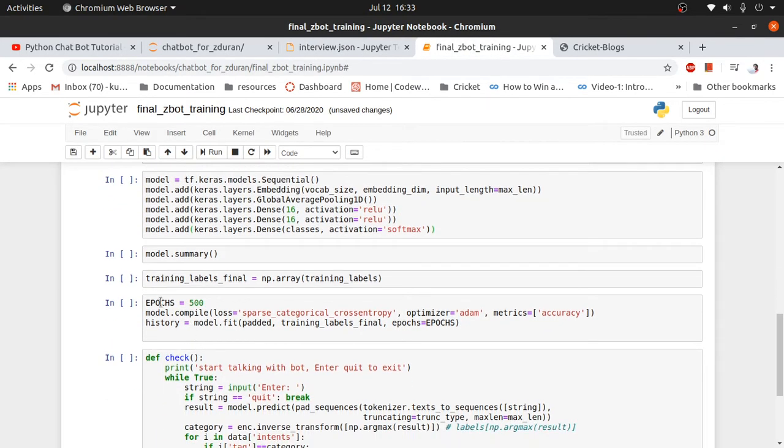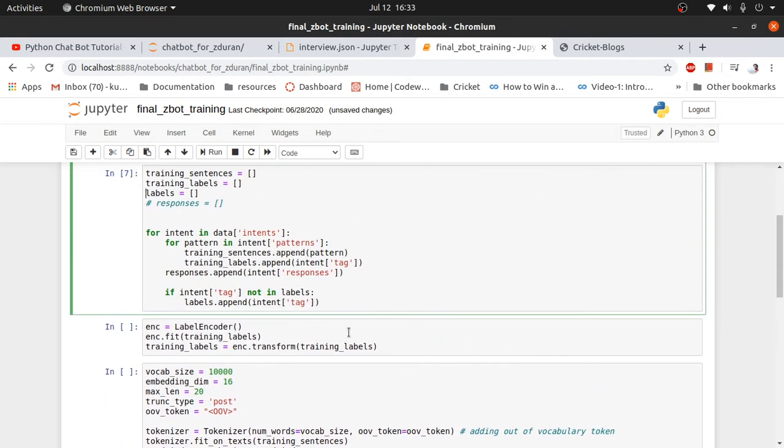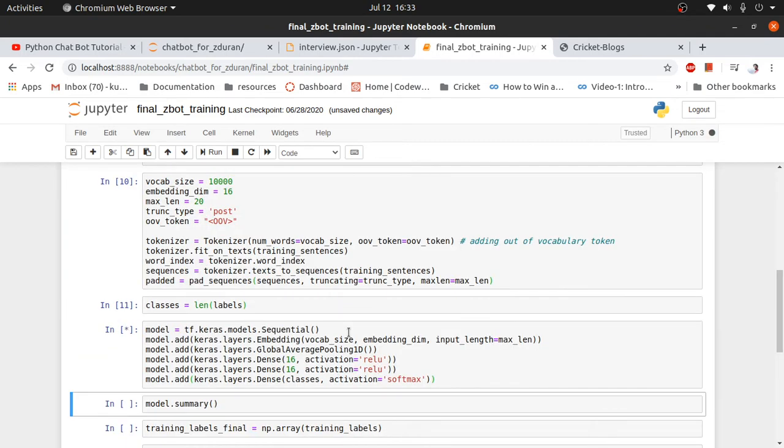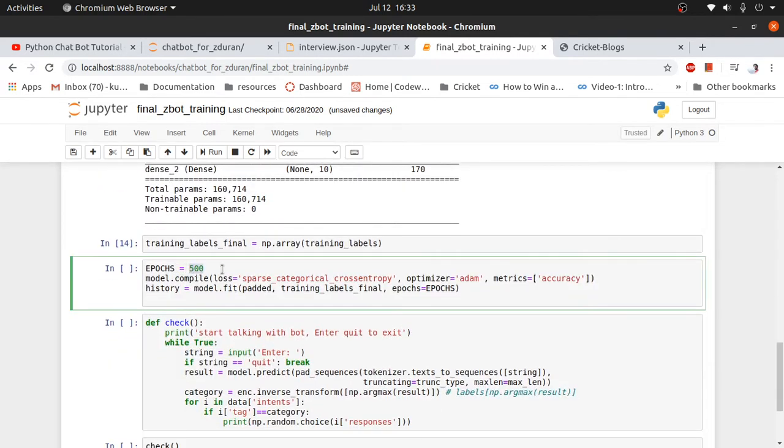Then I trained this model. So let's train it. Run. See here, I trained it for 500 epochs.